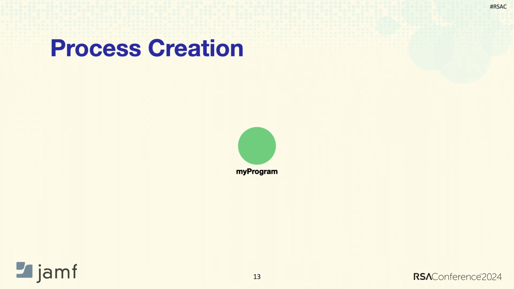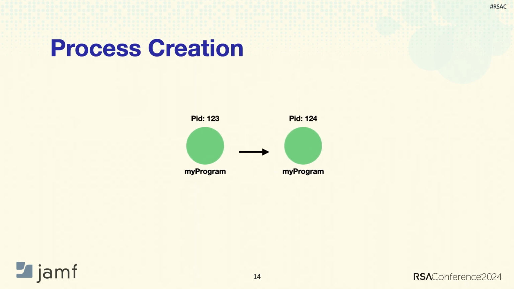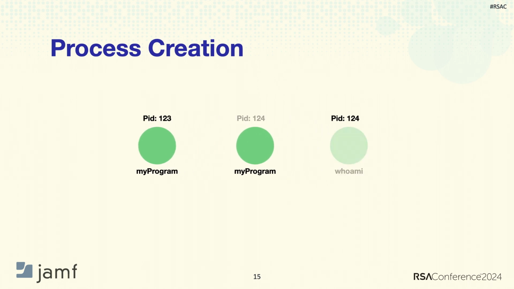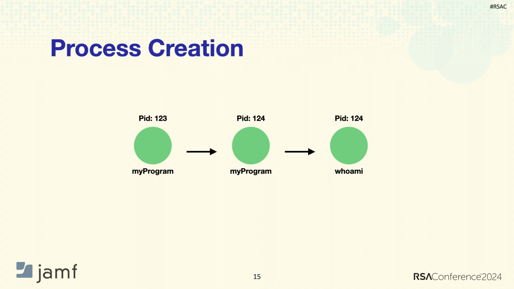At the lowest level, when you create a new process on macOS, what you're actually doing is forking your current process. Forking means you're cloning your current program, which gets you the same executable, but running with a new process ID. That clone will then go on to run the executable we've requested, but notice it has the same PID as the clone that created it. Right, 124 in this case. So we see my program calls fork, that forked program calls exec, which then ultimately runs that whoami command.